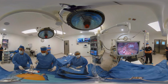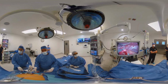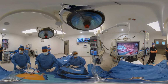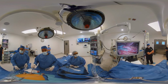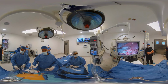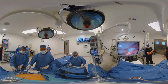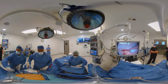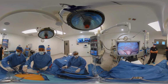Now what we're going to show you is we're going to look for bleeders, but we're going to show you the new stomach. This is a small, nice looking stomach. You can't see any staples anymore. No hiatal hernia. We've got a small looking stomach. We've got the end of the stomach, which is called the antrum. This is where it converts into small intestine. You've got the gallbladder right here and the liver. You've got a little bit of liquid, which we're going to aspirate, thus negating the need for a